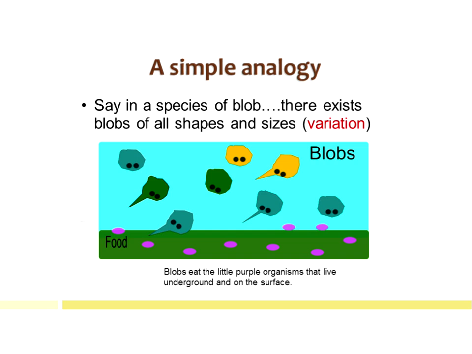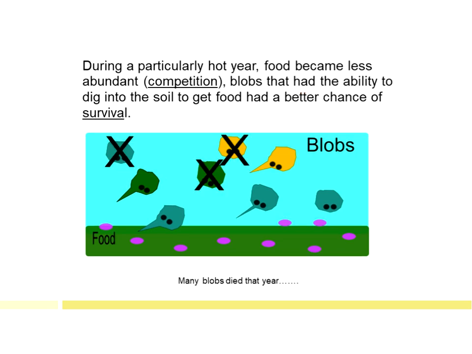The little purple dots at the bottom are the food source. Some are underneath the surface, and some are towards the top of the surface. Okay? So they eat these little purple blobs that live on the surface or underground. All right, so we now know that if there was, say, a hot summer, so during a particularly hot year, the food on the surface becomes less abundant. Okay? So there's more competition now for the food because the food source has been dampened and decreased based on